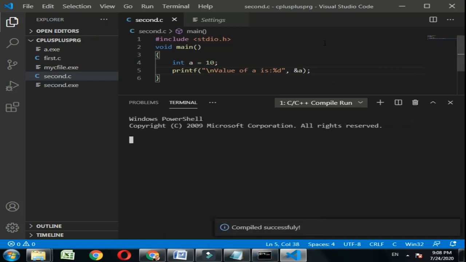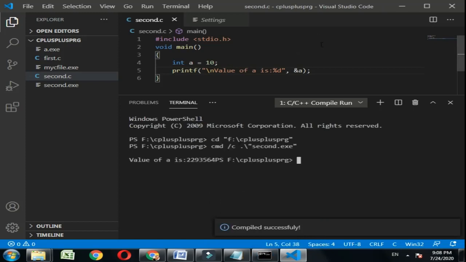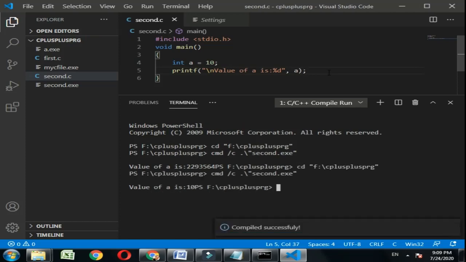Our program is now compiled and it is giving the value. Okay, no need to put an ampersand here while you are displaying the value, so I had taken it wrongly. Now you press the F6 option and your output will appear here.